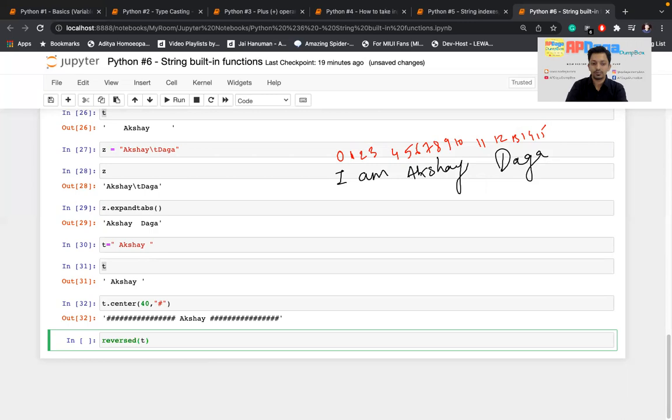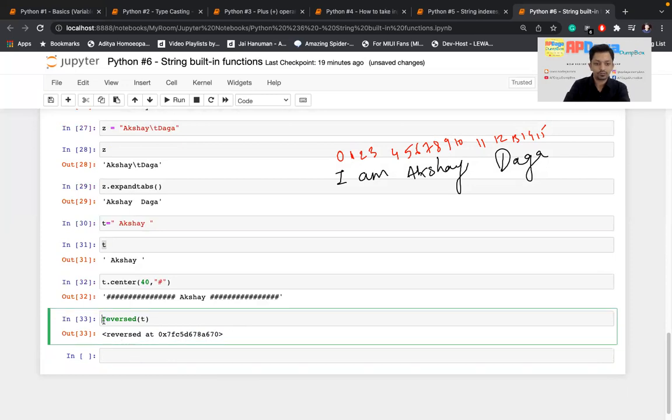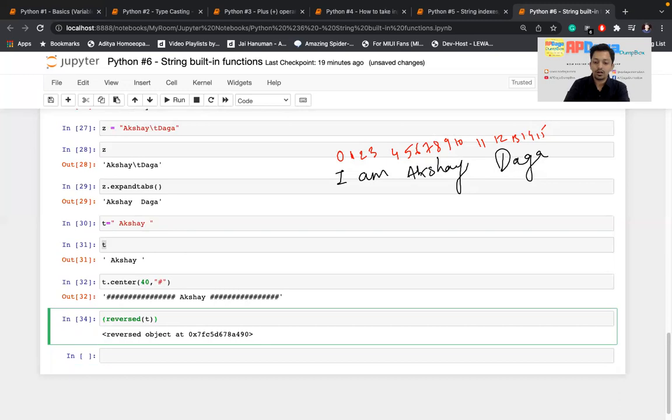When I do reversed t, it gave me some output, but it is not printing anything. So for the sake of printing, I'll try to print it. Let's see whether it gives some output or not. It is not giving any output. That's fine. I'll convert the output of the reversed function into a list. Don't worry about what a list is as of now.